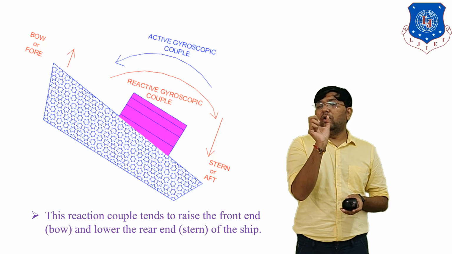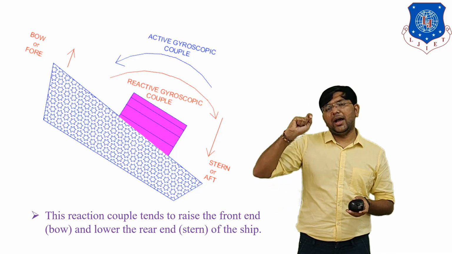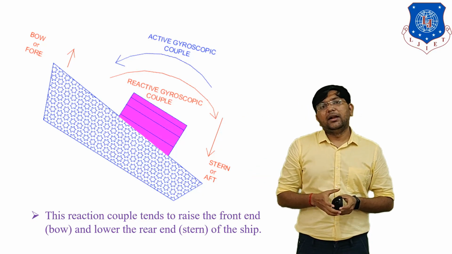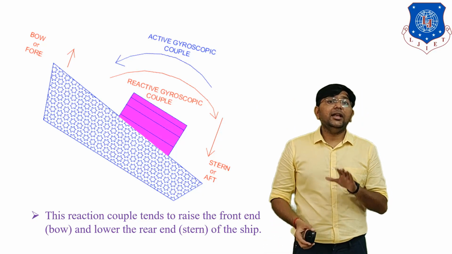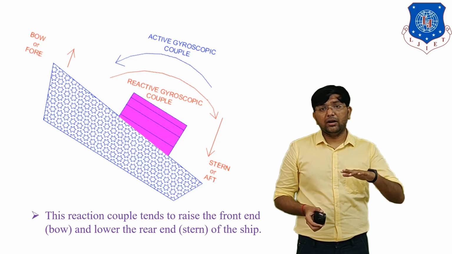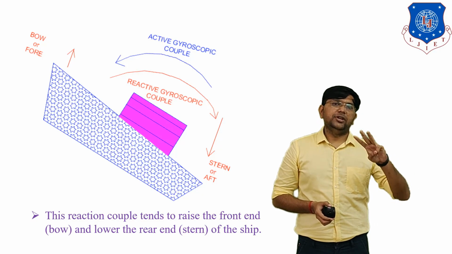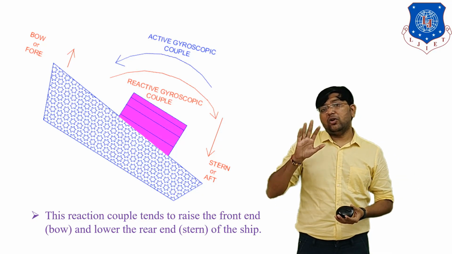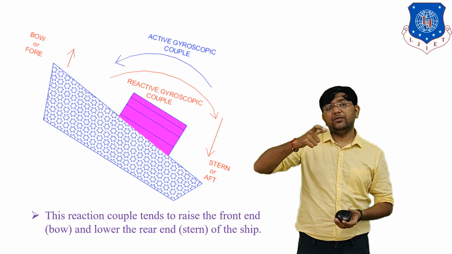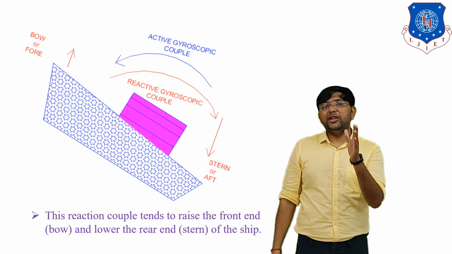Now, you all know the equation of the reactive gyroscopic couple. That is, couple is equal to I omega omega p. There is only one equation for the reactive gyroscopic couple. Now, you all know there are 3 types of motion that occur in a ship whenever it moves on the surface of water. The first motion is steering motion, the second is pitching motion, and the third is rolling motion. Now, the gyroscopic effect occurs only whenever the position of the axis of spin changes. Clear? So in this lecture we discussed steering motion.